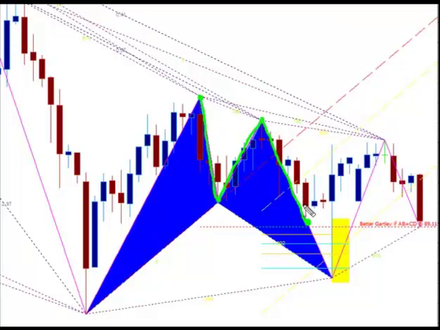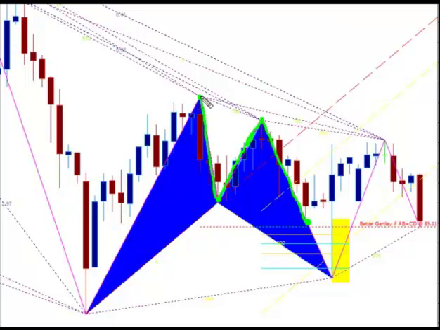So although we have an AB equals CD pattern, I don't particularly like the structure of how the AB equals CD turned out. You can see here that it totally missed the PRZ, and right now what's happening is we're entering back into the PRZ again. We hit our first target, but we missed our second and we missed our third. So even though you have an AB equals CD, and this is a good example,